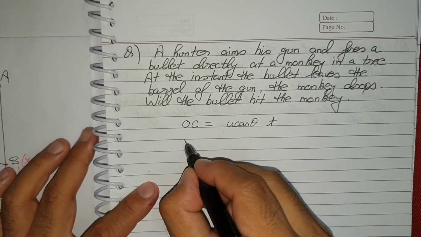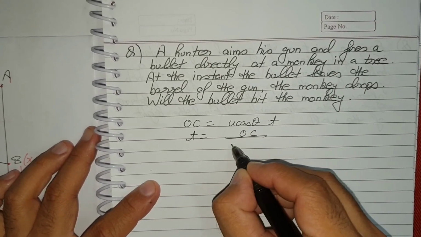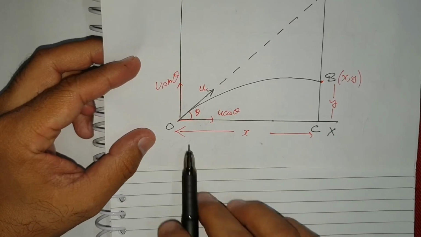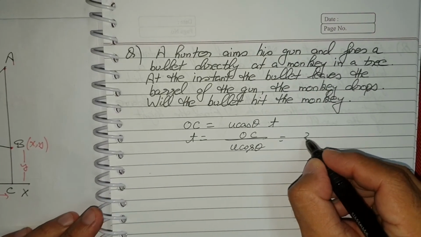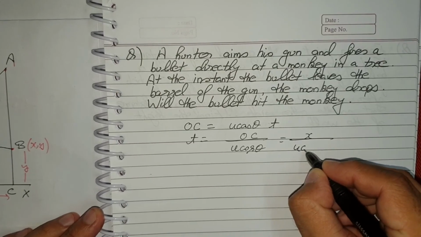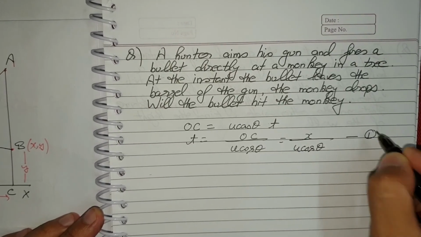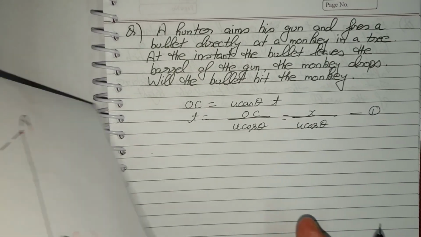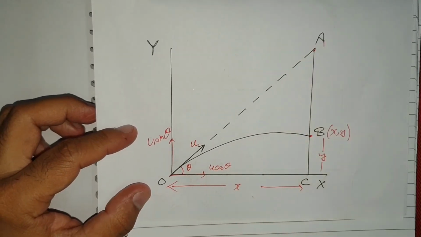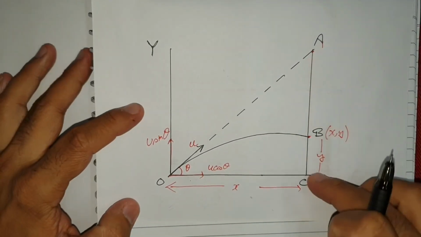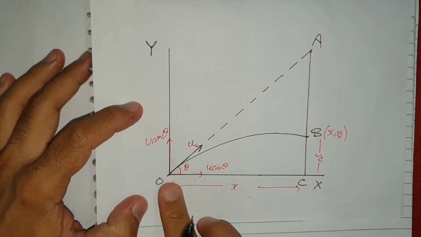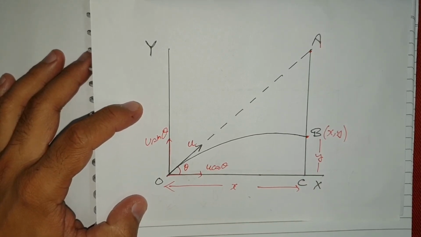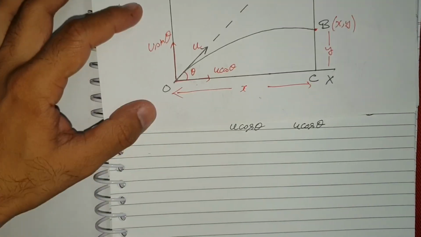So what is t? t is OC by u cos theta. We know that OC is x, so t is x by u cos theta. So this is our time. Now, see, in triangle OAC, what is AC? AC can be written as OC tan theta. OC is x. So in this triangle